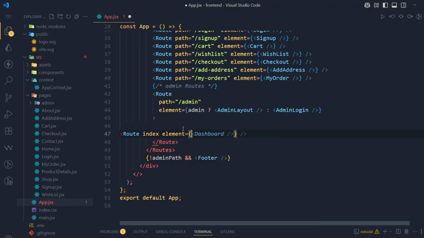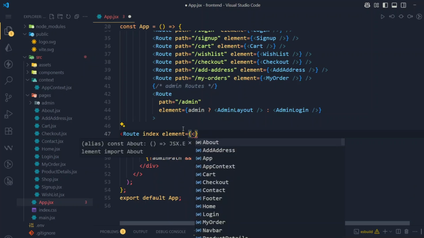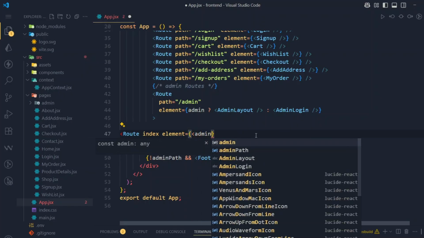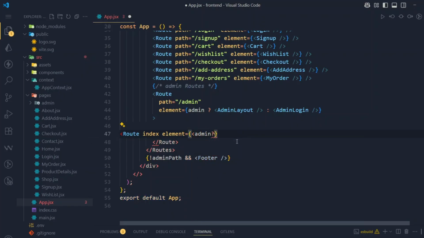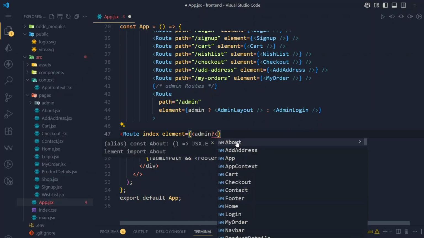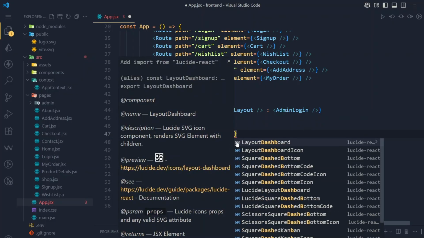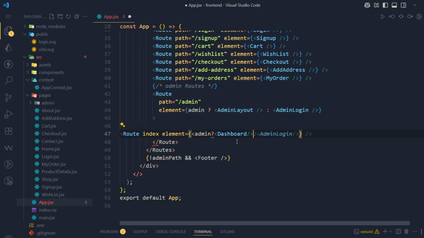So we want when admin login, first of all he can see the dashboard. So for that we will use here dashboard. If admin is login, we will again check. If admin is login, then we will use here dashboard like this, dashboard,